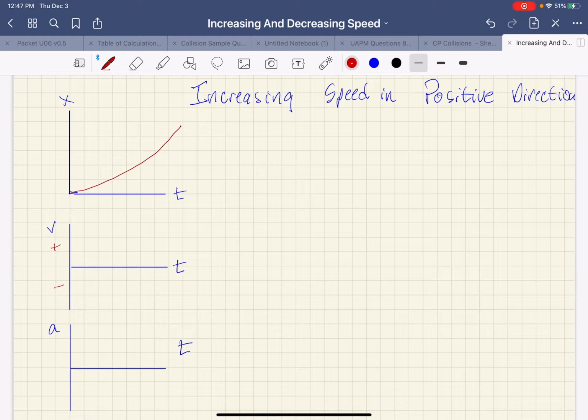Hi everybody, it's Miss Pollock, and today I'm going to talk to you about increasing and decreasing speed and the